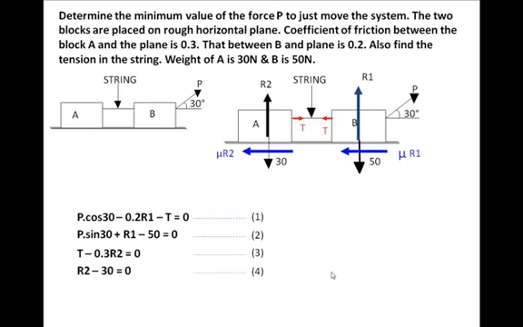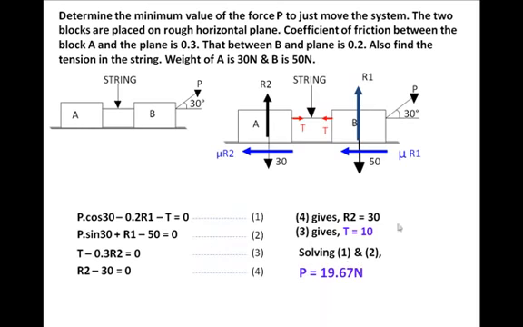Now see, these four equations we are going to solve. The fourth equation is very easy to solve. So 4 straight away gives me R2 as 30. If I put it in 3, it gives me T as 10. And then solving 1 and 2, I will get my required P. The process of solving all the sums is more or less going to be very similar, as it will be demonstrated